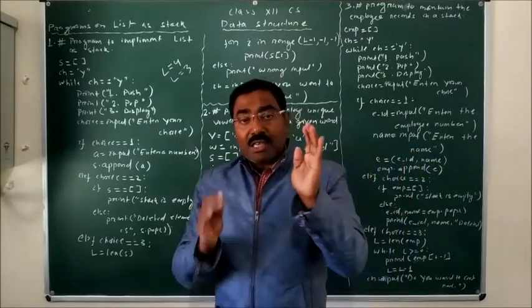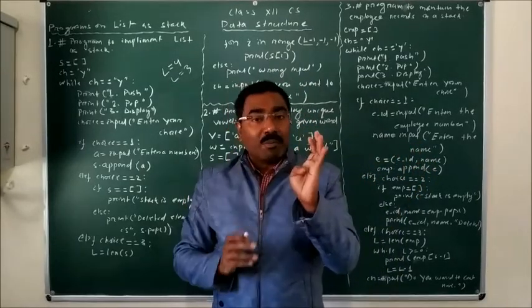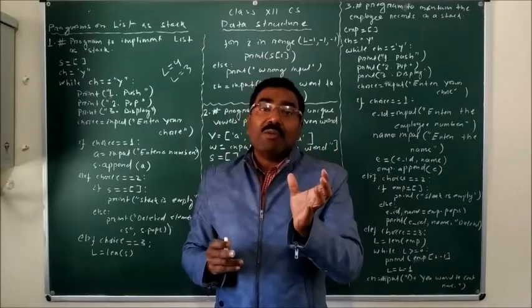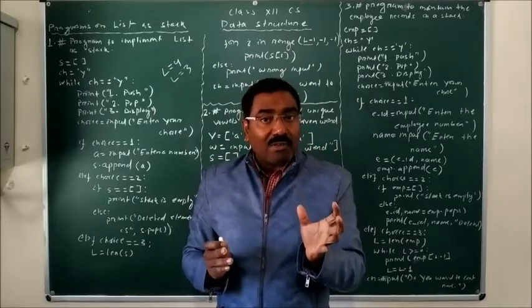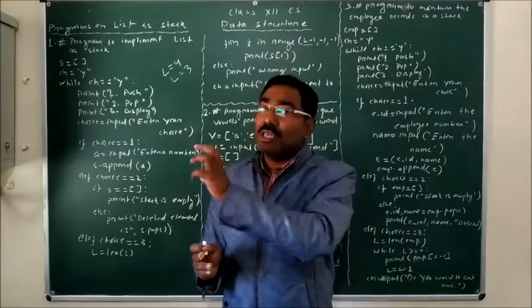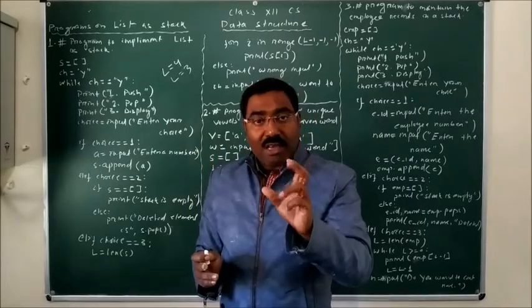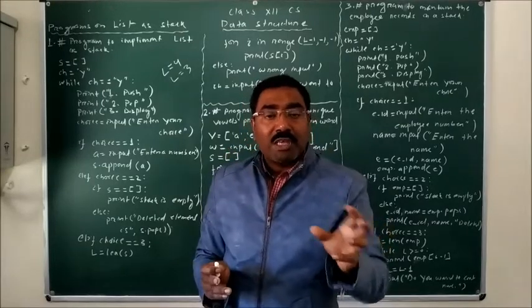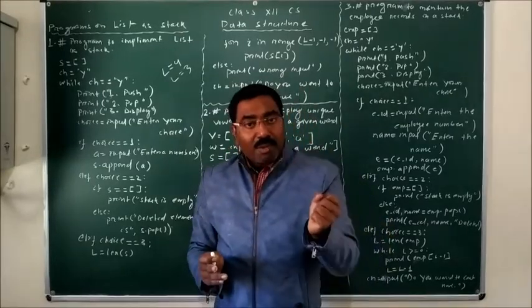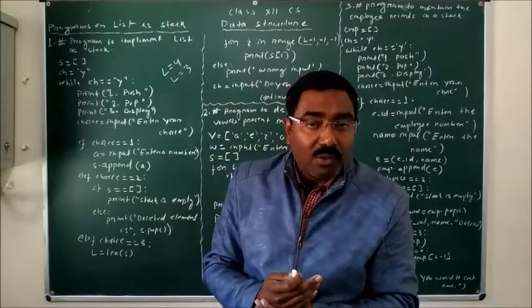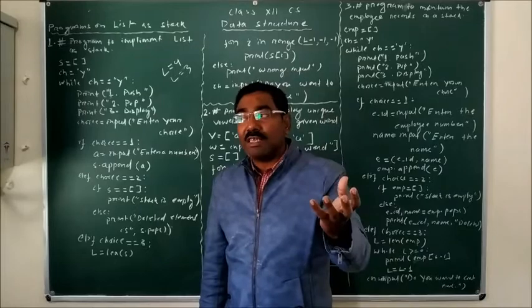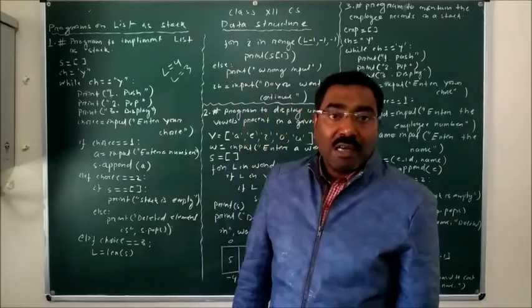Clear? So in case of computer, first O will be pushed, then U will be pushed, then E will be pushed. There are 3 vowels in C, O, M, P, U, T, E, R. So O is a vowel, U is a vowel, E is a vowel. So first O will be pushed, then U, then E into the stack. Then we have to count how many vowels are there and what the different vowels are.